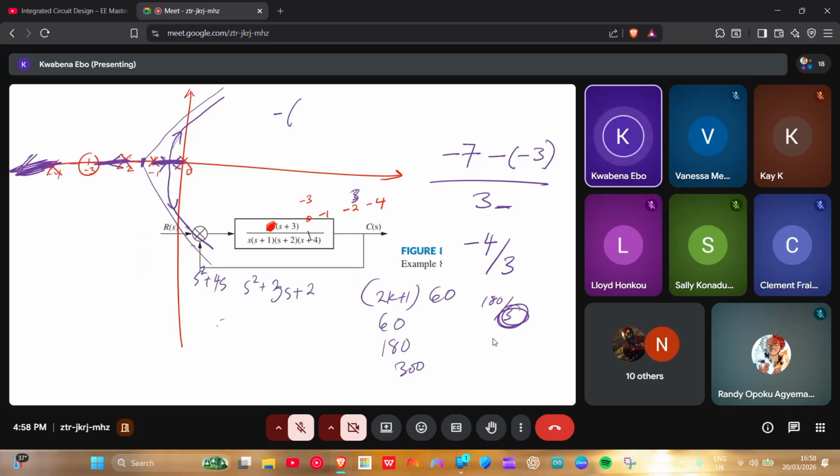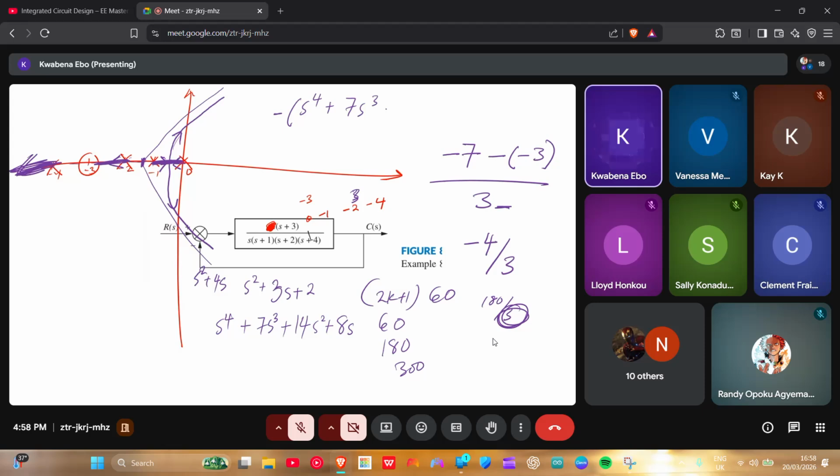So s to the power 4 plus 7s cubed plus 12 plus 2, 14s squared plus 8s. So we have negative of s to the power 4 plus 7s cubed plus 14s squared plus 8s, all over